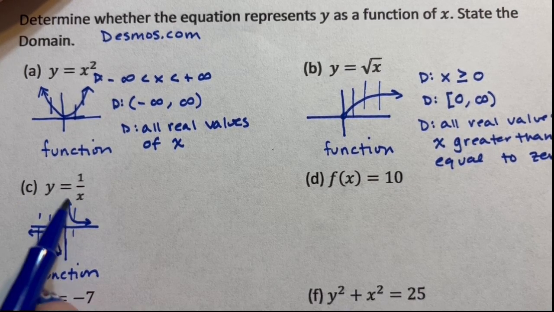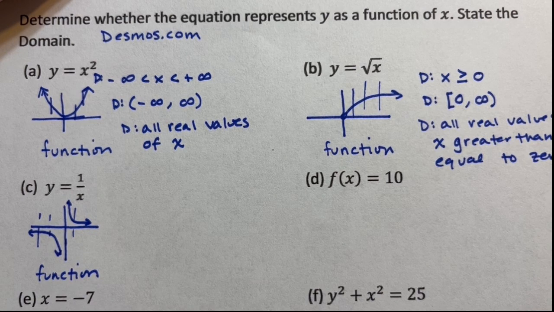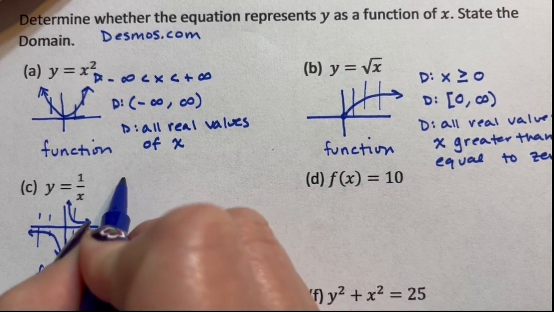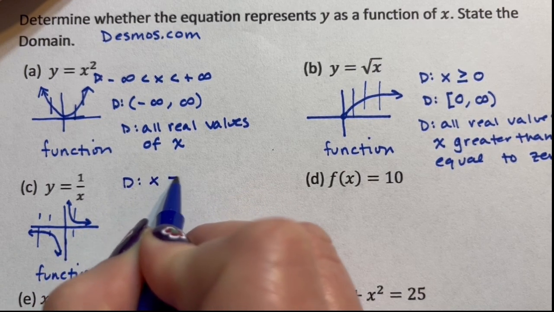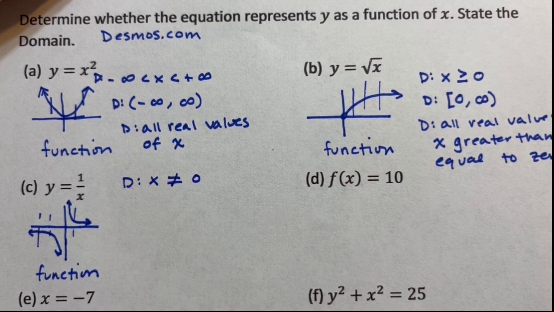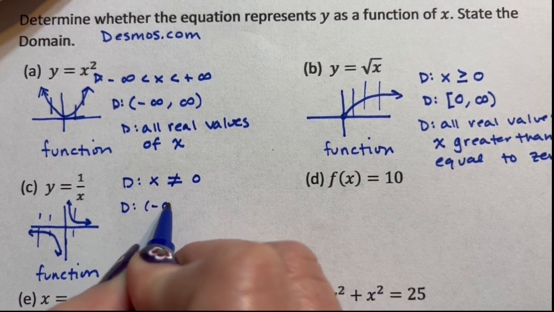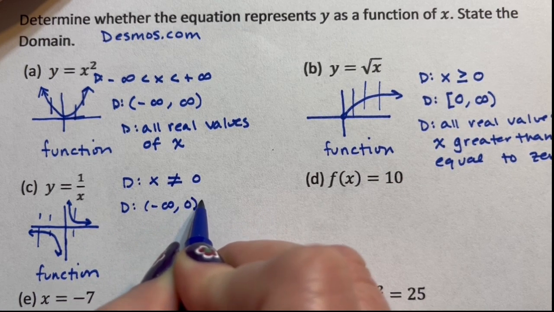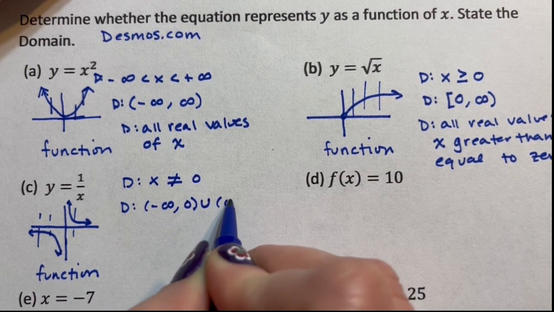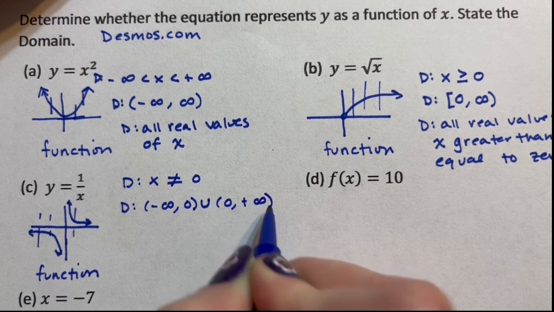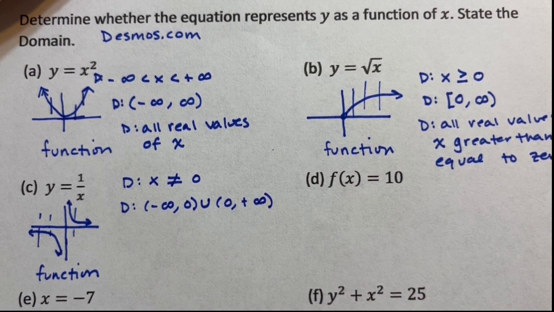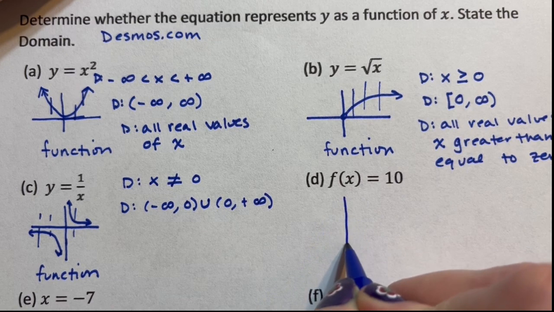As for the domain, you can never have 0 in the denominator of a fraction. And since you cannot have 0 in the denominator of the fraction, our domain is x cannot equal 0. So that's an easy way to write it. I can also write negative infinity to 0 joined with, that's union, 0 to positive infinity. So everything but 0. I'm going to avoid the sentence because those are getting really long. Okay, so for my next graph,